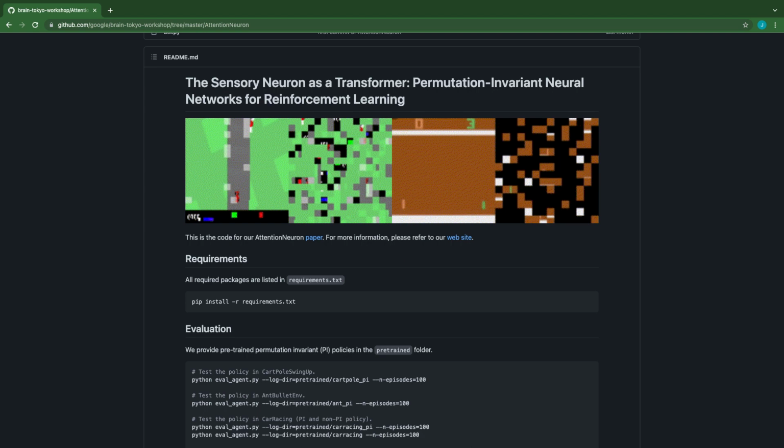Today we are going to implement a pretty cool reinforcement learning paper called The Sensory Neuron as a Transformer: Permutation-Invariant Neural Networks for Reinforcement Learning. This is the official GitHub repo, the author has open sourced it, and it contains both training and evaluation scripts together